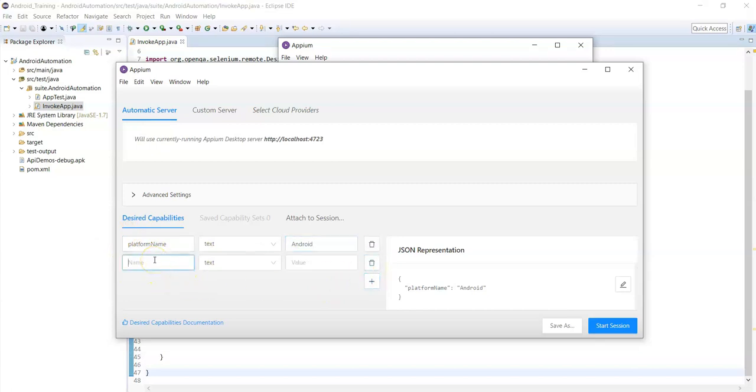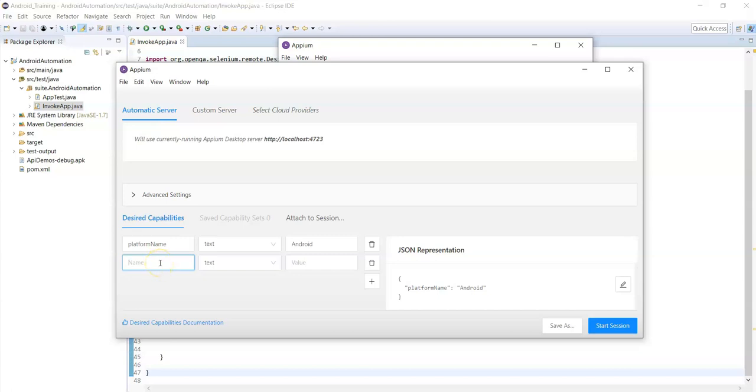If you are connected to the system with only one emulator or device, no need to provide a device name capability. If you are connected to multiple devices to the system, then you can pass the device name capability, because this Appium server doesn't know which app you need to invoke.